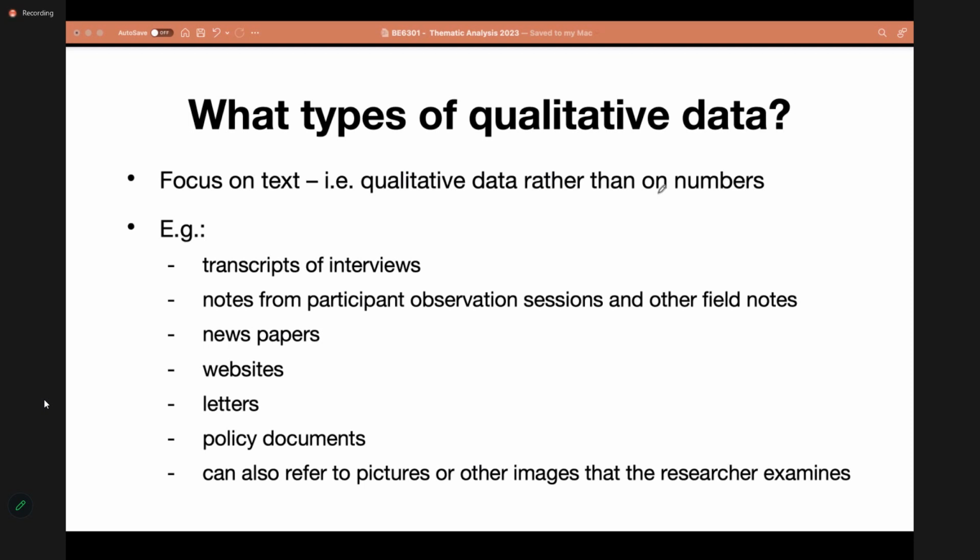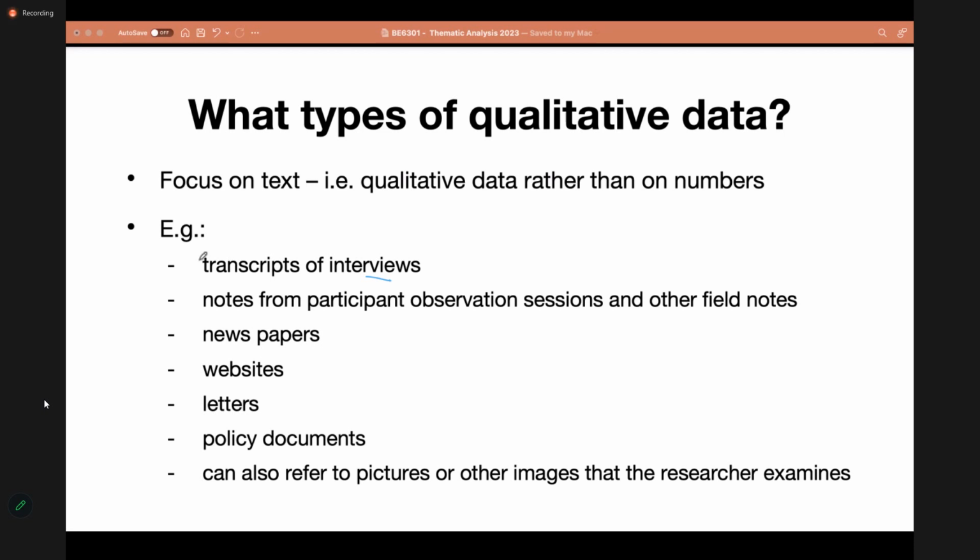So as I was saying, if any of you are planning on conducting interviews, then you will have interview transcripts to analyze, or if you're doing observation sessions for your data collection, or you want to analyze the content of any articles, documents, newspapers, websites, policy documents.